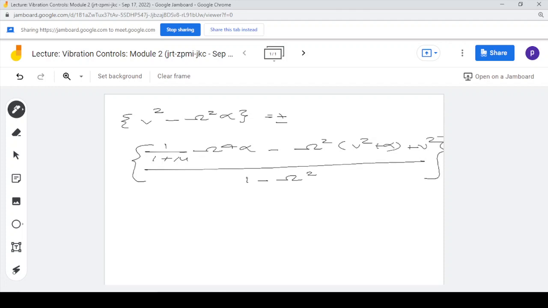So we have eliminated the square in this case, and now by taking only the positive sign,